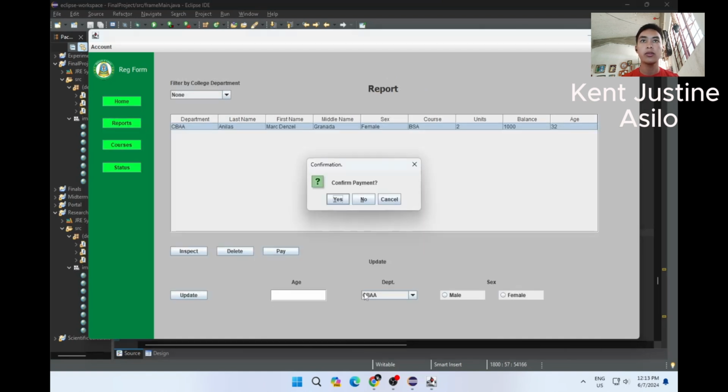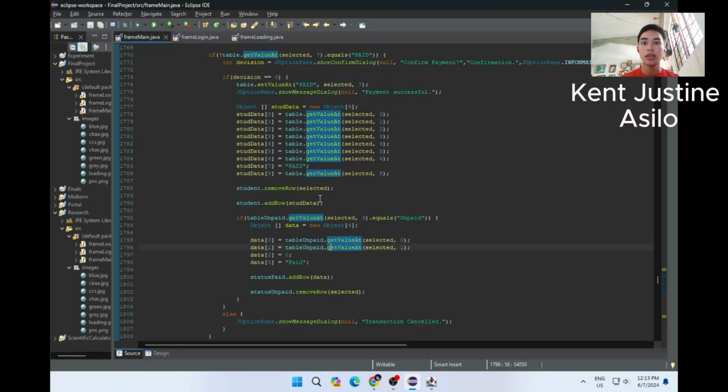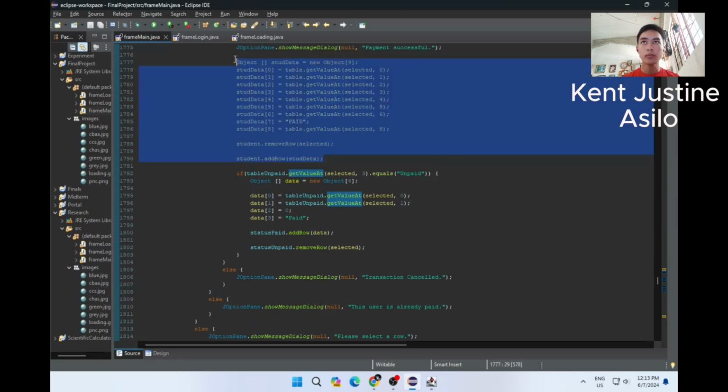the first thing that it will do is get all the values and move it downwards to the bottom.